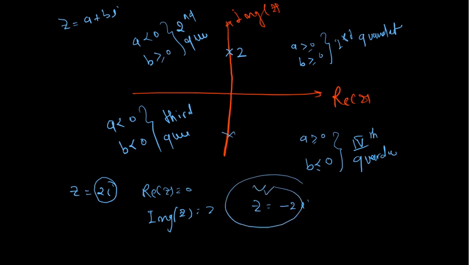Sometimes a question is asked like what is the representation of this complex number. So we can represent it in the Argand plane. This is called the Argand plane. Now, this is my Argand plane, this is my real part of z, and this is the imaginary part of z.